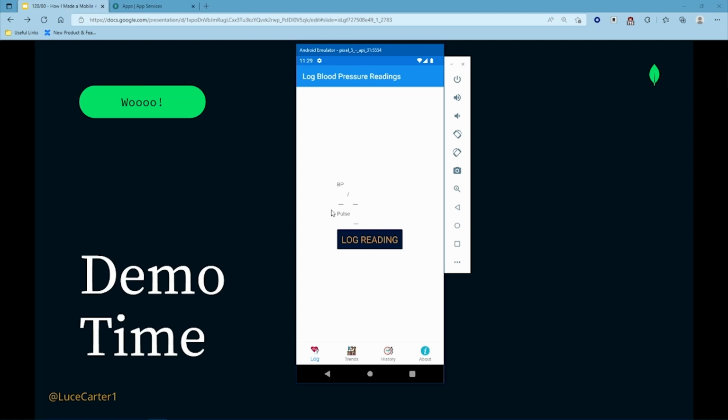But just to clarify, they are the best. They know that. But yeah, so we've got a very dodgy looking page, but you can log readings, so we can,